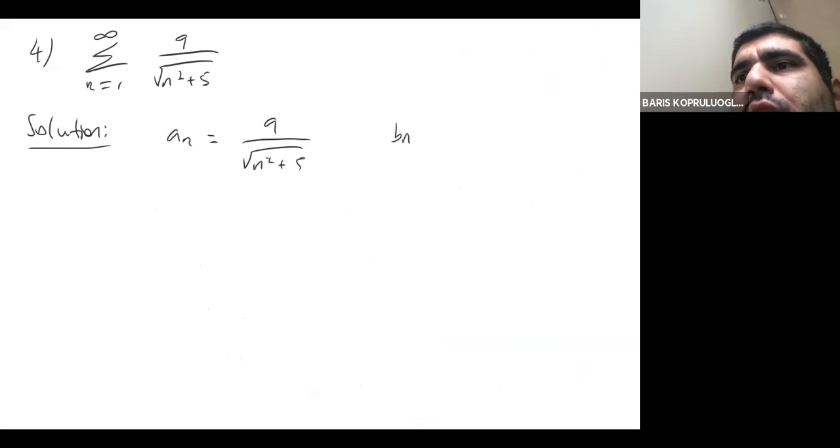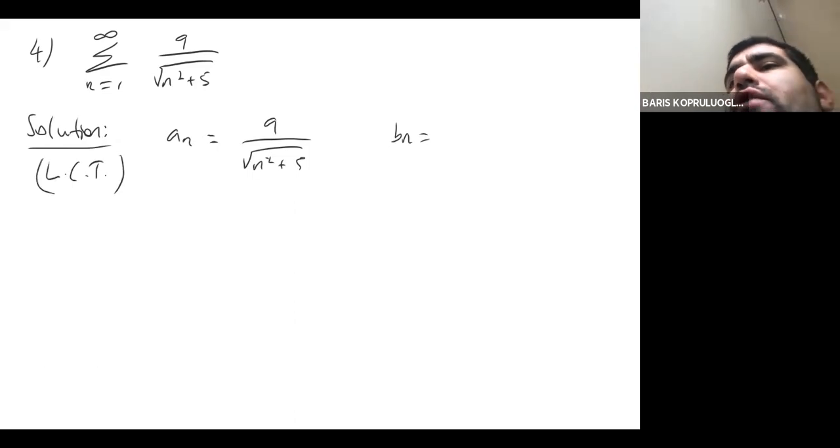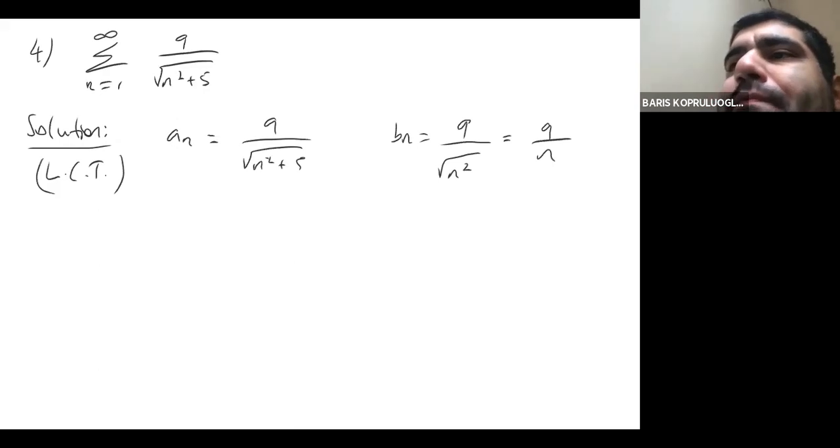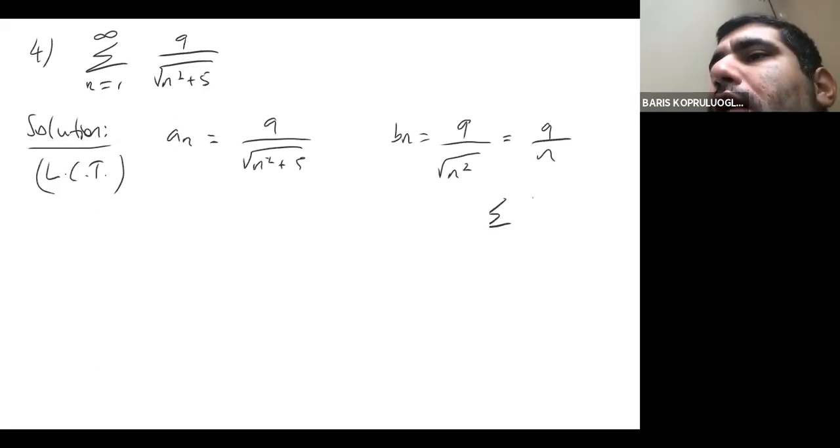Then b_n is going to be, if you go by the highest order terms, this is LCT. The question is already telling us that it will be 9 over root n squared or 1 over root n squared, either works. And this is 9 over n. It's divergent by the p-series